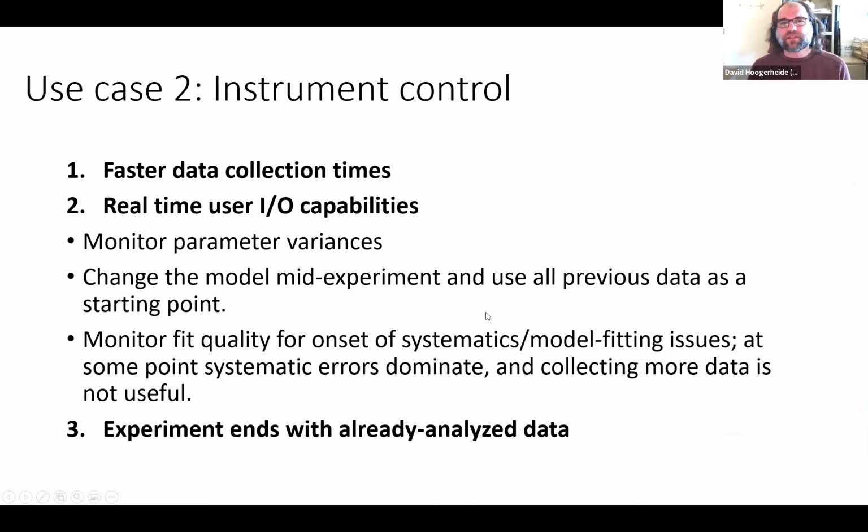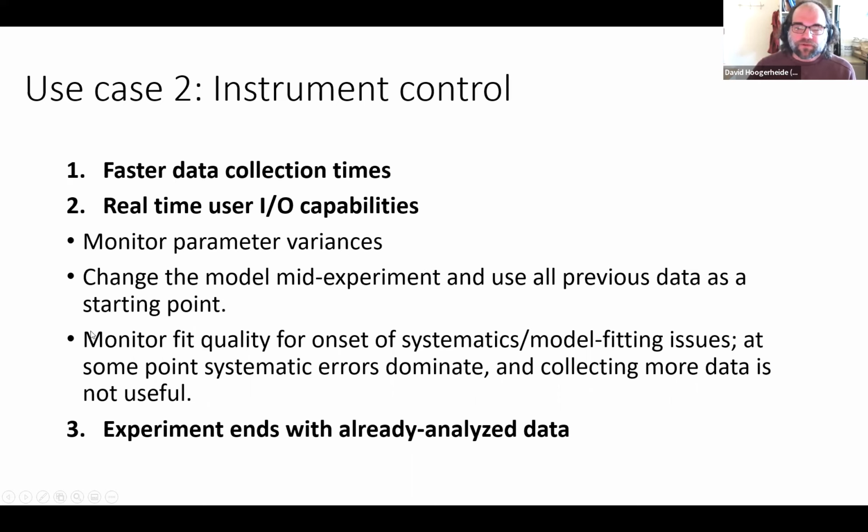The second use case is instrument control. Of course, you get faster data collection times, which in an intensity limited case like neutrons is just hugely important to us. Even factors of 50% or a factor of 2 is just enormous for us. You also get some real-time user decision making. You can monitor your parameter variances as a function of time. If your sample ends up not being what you think it is, you discover that very early, typically in this process, and you could try to change your model